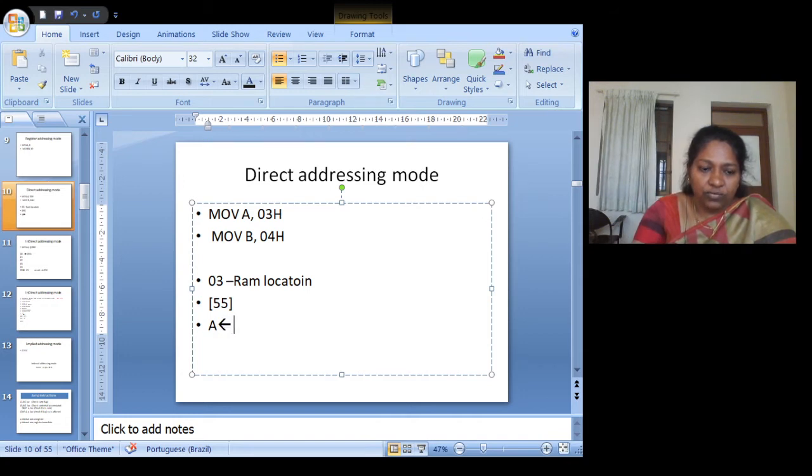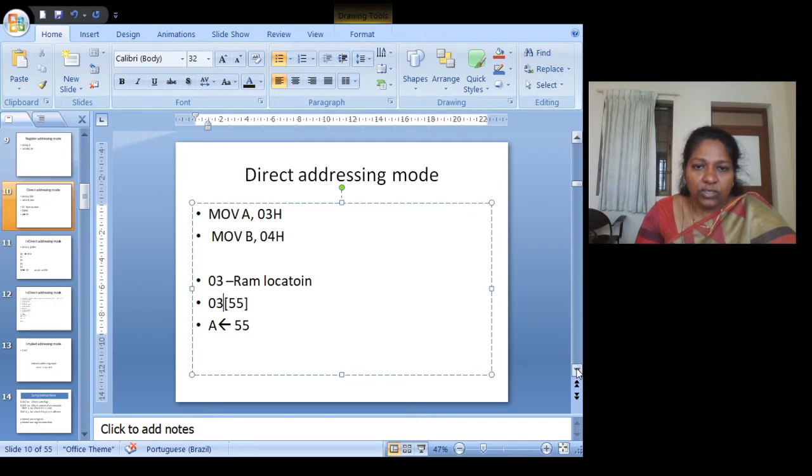So now 55 goes to A for the first instruction, right? The meaning is the location is given directly in the instruction. Location is 3. Inside the location, whatever is there, for example, inside location 03, I have the value 55. 55 goes into A.